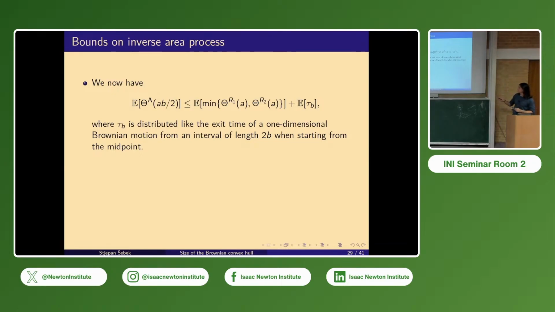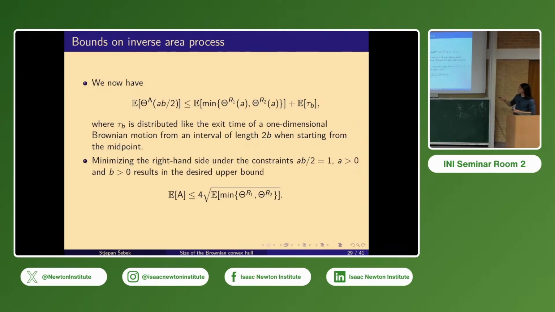So the expected value of time needed to reach this area is definitely smaller than the expected value of the sum of these two things that we waited for. And then we optimize. We know that AB over 2 has to be equal to 1 because we want to attain area 1, and then we just minimize the right-hand side, because this can be expressed in terms of A. This is just A squared times this 0.346 whatever. And here is just B squared, or it should be something even smaller with the improvement, and then we just minimize this thing with respect to this constraint AB is equal to 2,